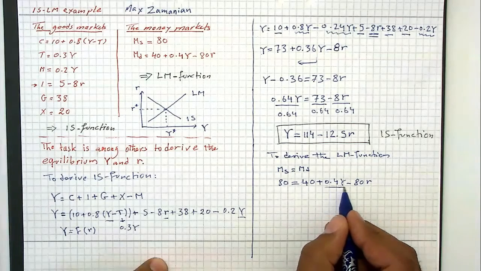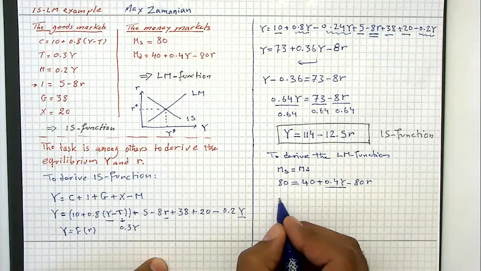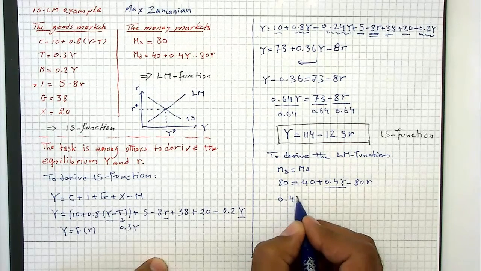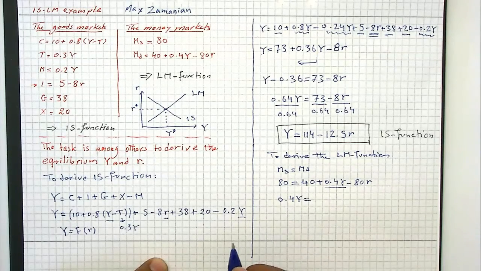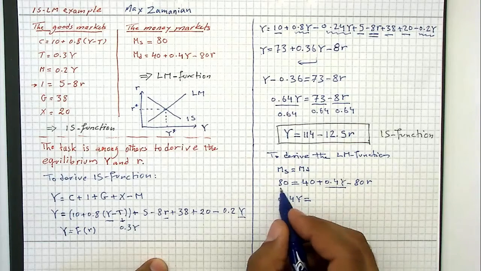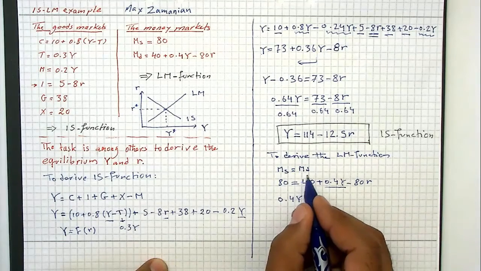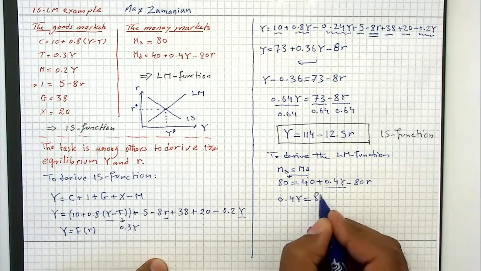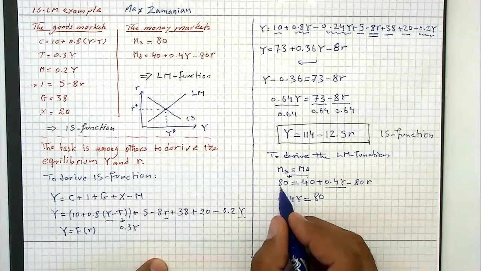So I keep this on this side, write 0.4 y, and I move this to the left hand side. I change the sign, but here 80 in the same side,